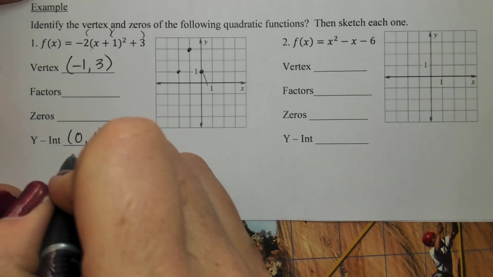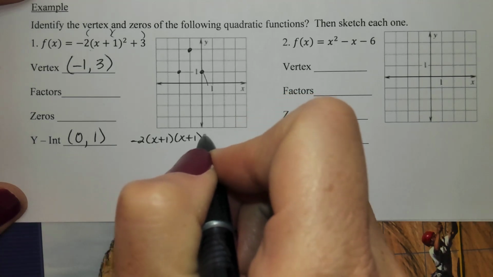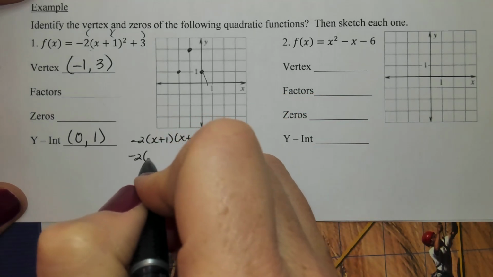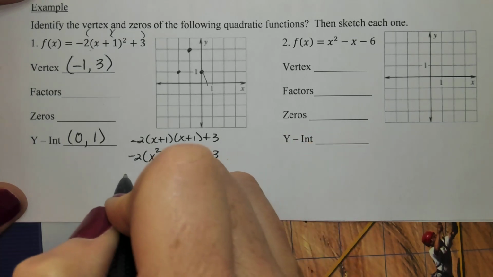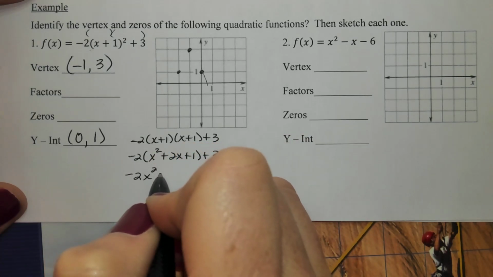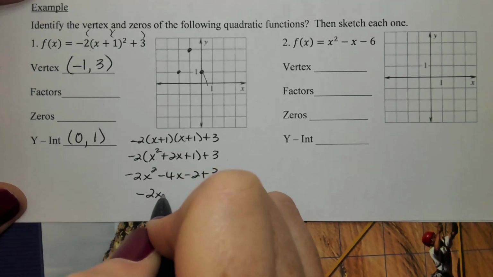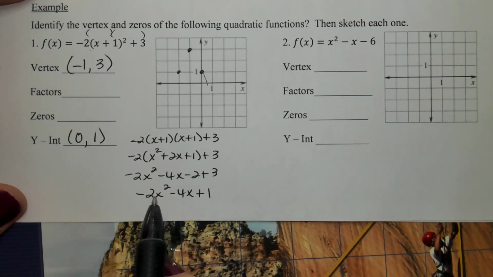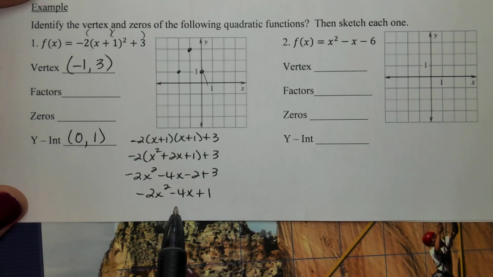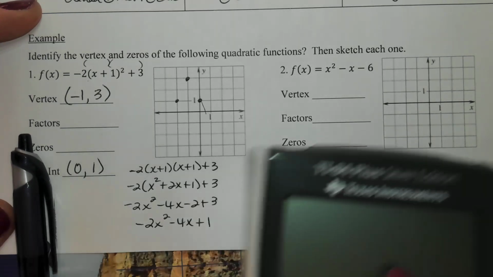So we have to FOIL this out. I'm just going to write it down here. So I got a -2x plus 1. Remember, you got to write that twice. Do a little foiling. So x squared plus 2x plus 1. Now distribute our -2. And I'll add those last 2 terms together to make our like term of plus 1. It does not look like an easy factor, so I'm going to actually utilize my quadratic formula program,